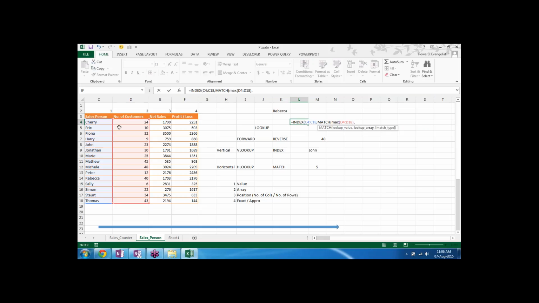The lookup array again remains the same. This is from where our data is getting picked up, and then we are searching for an exact match. The moment we close the bracket, it is asking for index to close the bracket, and we close it and press enter. We see that Michelle is the person who has actually got the highest